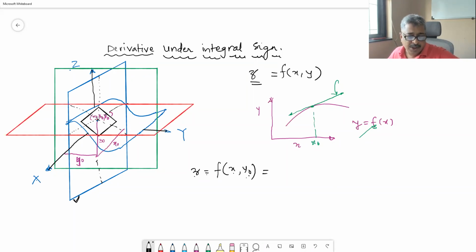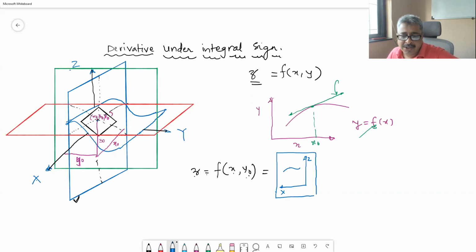And the picture of this blue plane will look like this. It will look like two-dimensional plane. It will have, if you look from here, this is going to be our z axis, this is going to be our y axis, x axis, this is x axis, this is z axis, and then your curve where the surface which is intersected by this blue will be something like this.